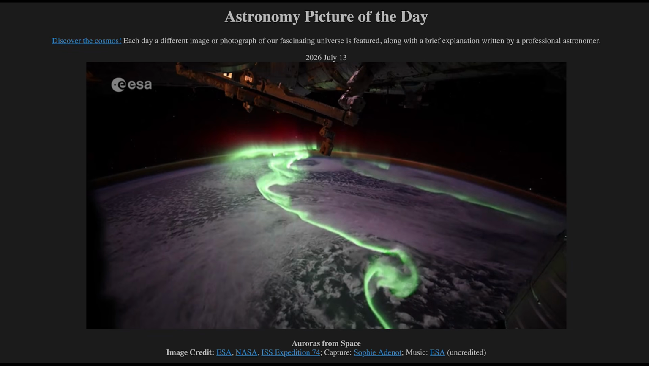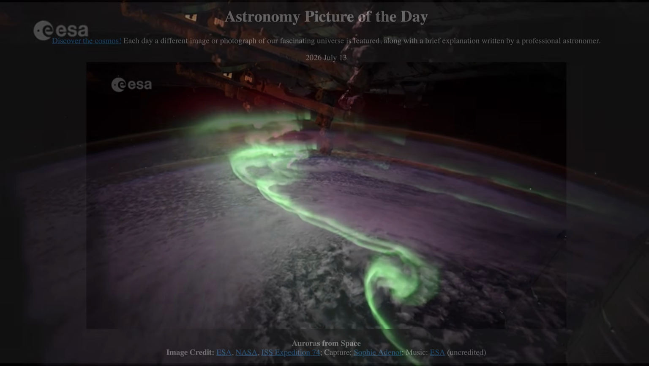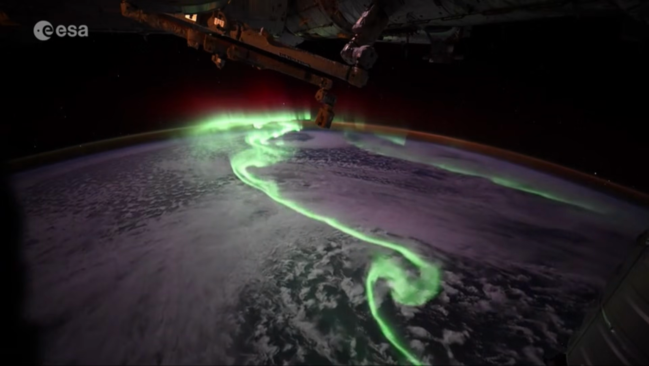Today's picture is titled Auroras from Space. So, what do we see here? Well, here we see an image that shows the aurora, not from below as we're used to seeing it from the surface of Earth, but instead from the International Space Station. So here we will see it high above the clouds from the International Space Station, several hundred miles above Earth's